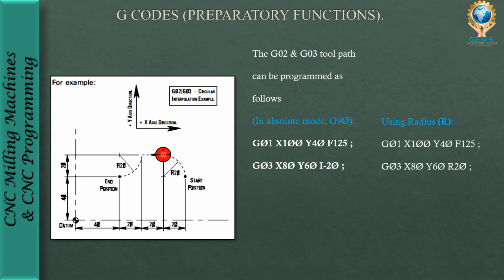Now I want to machine the workpiece from this point to this point. The tool is in this position, and I want to do machining to this position. This position is X 40 plus 20, which is 60, and Y is 60. I simply give G01 X60. Why? Because the tool's Y position is already the same, there is no need to mention Y60 once again. The controller will by default take the Y position as 60.